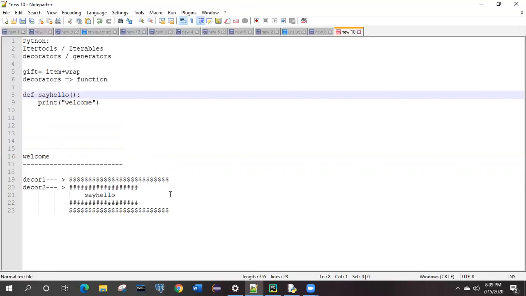These functions should be informed, right? The say hello function should be informed that it will be applied with a decorator, but it does not know that right now. Decode 1 is simply the plastic wrapper, and decode 2 is the sticker on that. Got it? Then your item is completely the gift item.